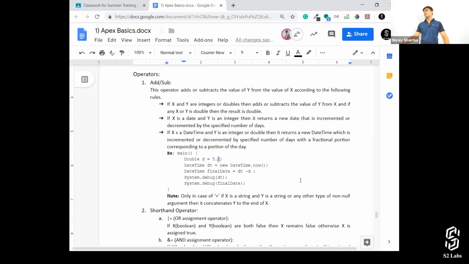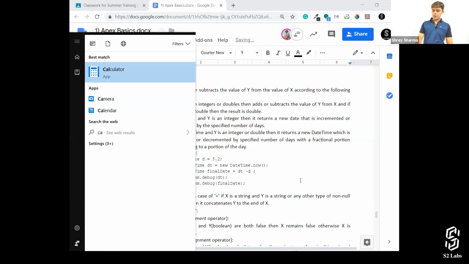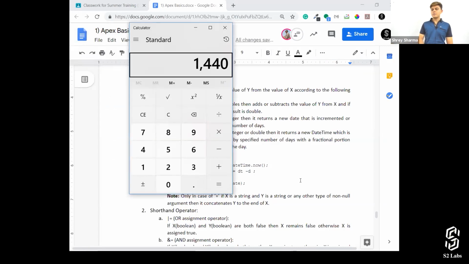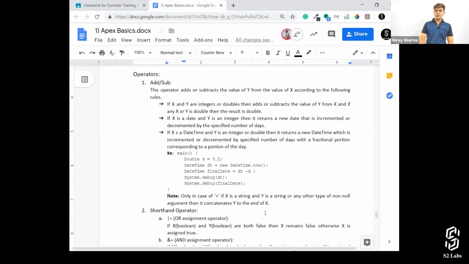So what is 0.2 in time? In 24 hours, how much is 0.2, or 20%? 4.8 hours, right? So yeah, you can just convert it into minutes. Let me just show it to you. 24 into 60. So these are the minutes that we have got, and we have to reduce 20% of it. 0.20, so 288 minus 1440. So it's going to reduce the minutes by this, and whatever hours come accordingly, it's going to take it like that. If there are fractional portions in it, then it will work like that. I hope that makes sense.